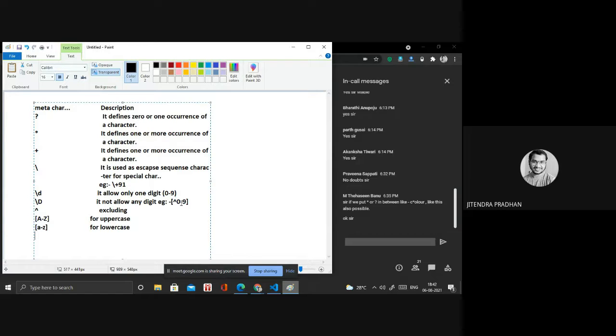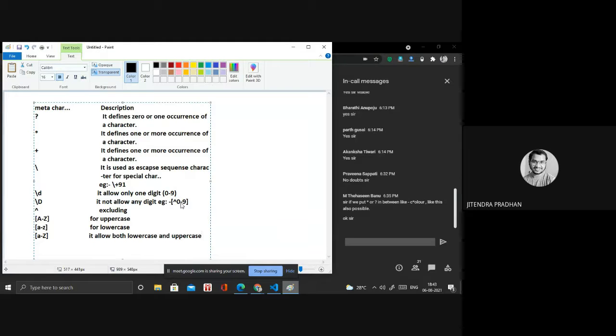Next we have, if you want to allow both uppercase and lowercase, you can write a to Z. Sorry, a is lowercase and Z is uppercase. To allow both, at first I will write lowercase and then uppercase. Okay, done.